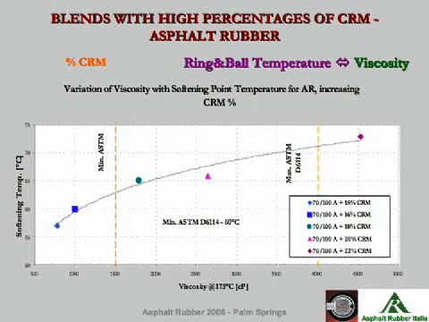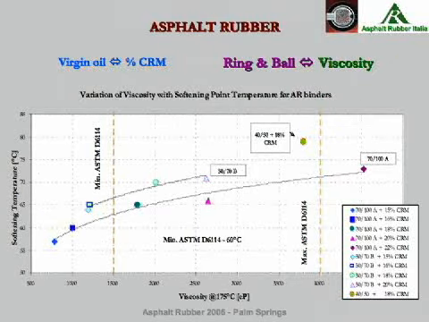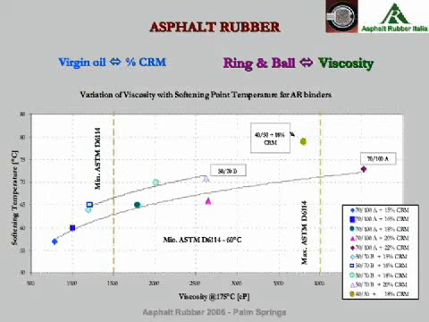Considering the same rubber, changing the base material, so considering a 70-100, a 50-70, and a 40-50 binder, we can see that we have different results. So if we have a softer base, we have a better interaction with regard to increasing the softening temperature, and viscosity, of course, is greater for the 50-70 and for the 40-50. This was just to be sure that what we felt from the beginning was right.